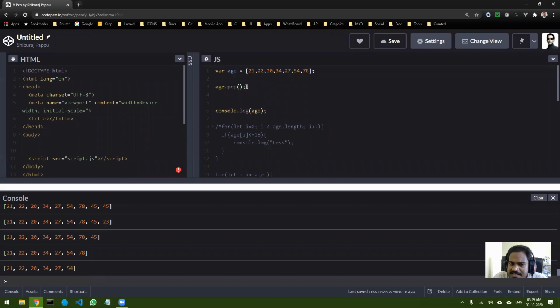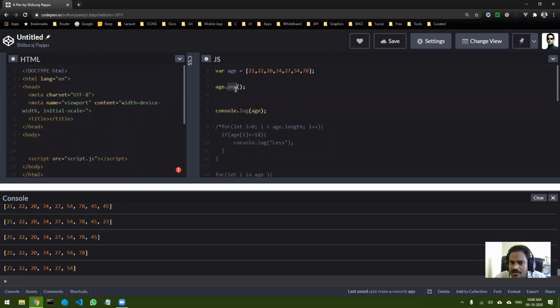Like this, there are many other functions, like there is split, there is sort, then there is join. Let me show you join. That is very important. Let's say I have these particular elements and I want to join them together, for example, I want a big number like 212220342227.